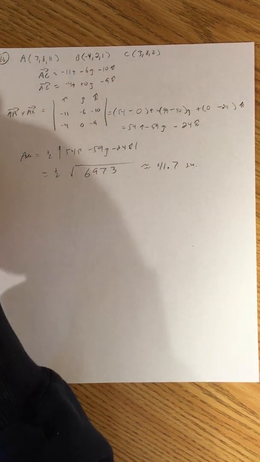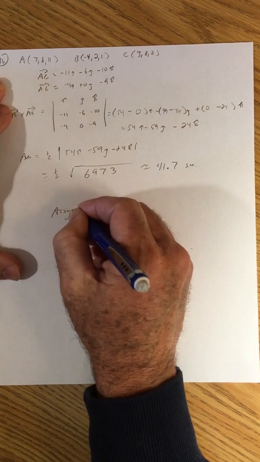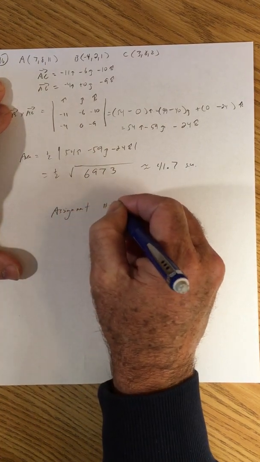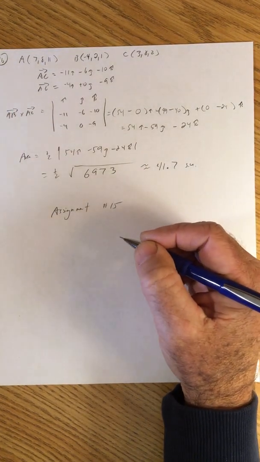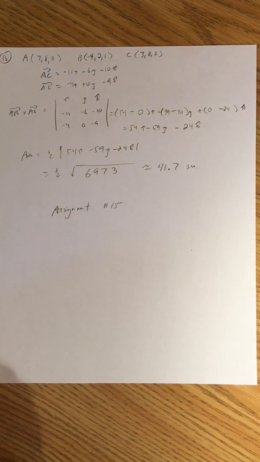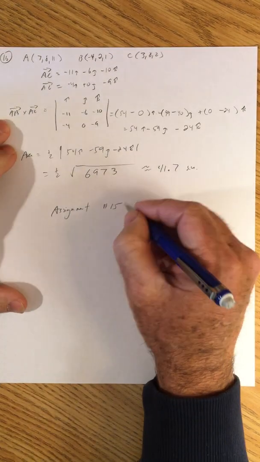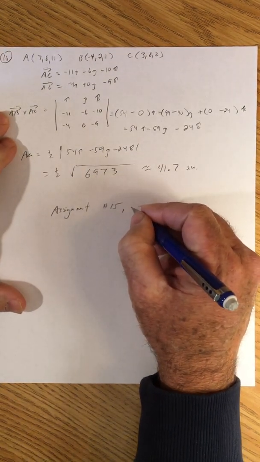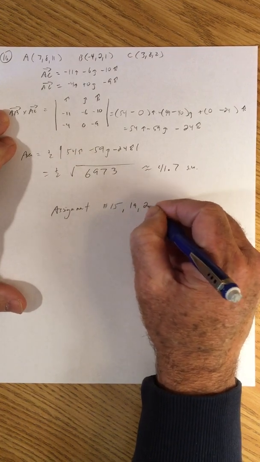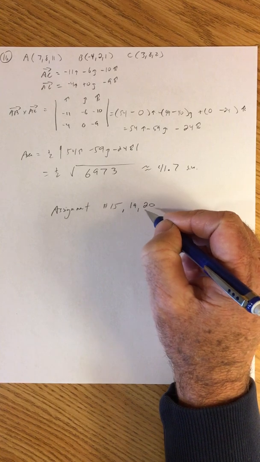All right, well, you have problem number 15, which is like this. And I also want you to do numbers 19 and 20 in section 12.6, and I screwed that up on Dashboard this morning. I did change it. Okay, 19 and 20. I'm not going to go over these problems, and they involve a little bit of work,